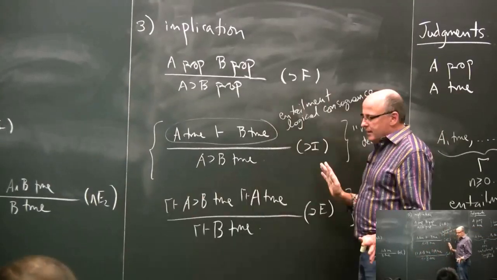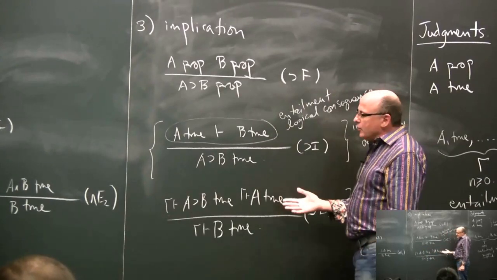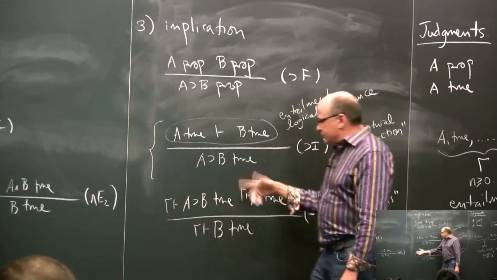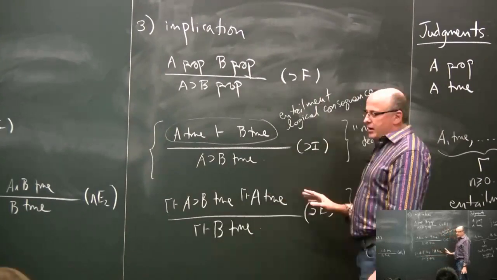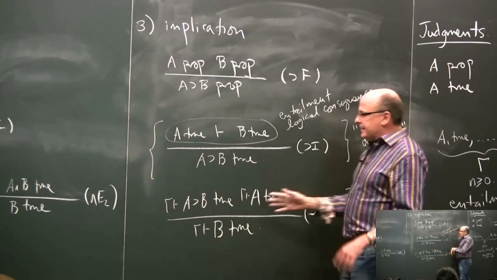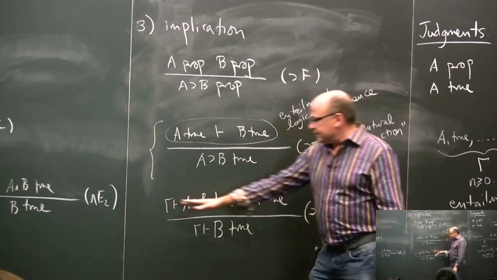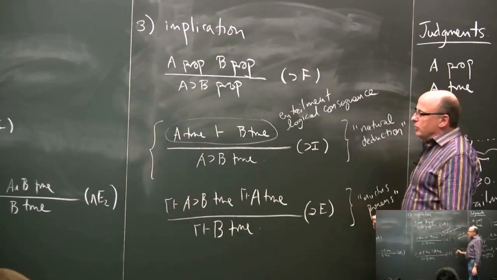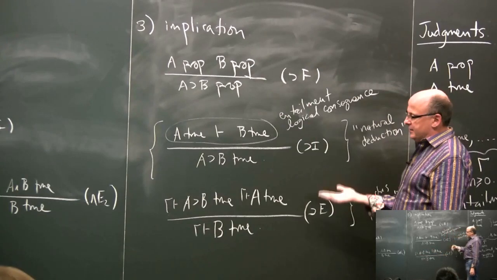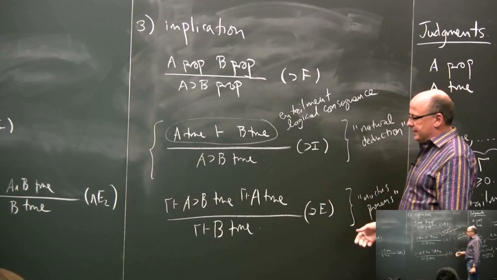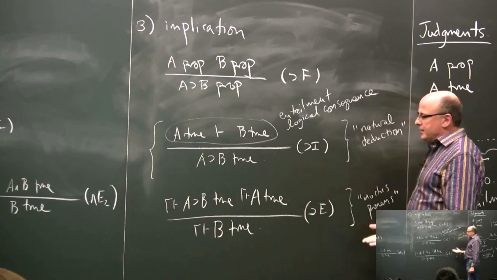So a lot of times people will carry along a gamma here and write the rules like that. And the whole idea is simply to remind you that the rule applies even when there are assumptions hanging around. One way to say it is, when I write the rule, that's the local form, and the global form consists of sprinkling the gammas around everywhere. Or another way to say it is, it applies in any context. So you'll often see people write those down, but it starts to get heavy, so that's why I didn't write it down at the moment. So it's sort of implied that you do this.